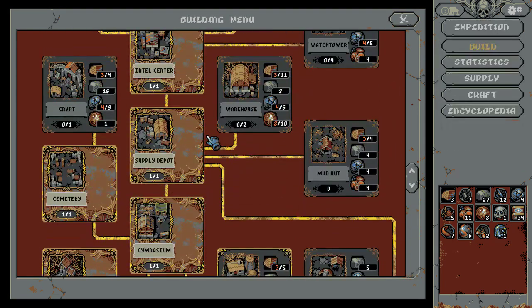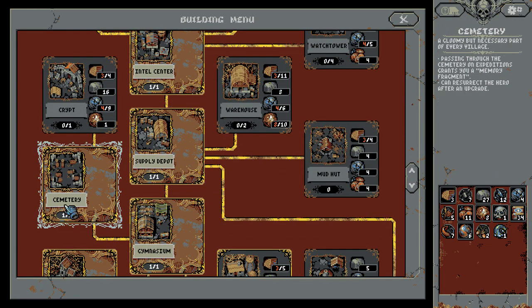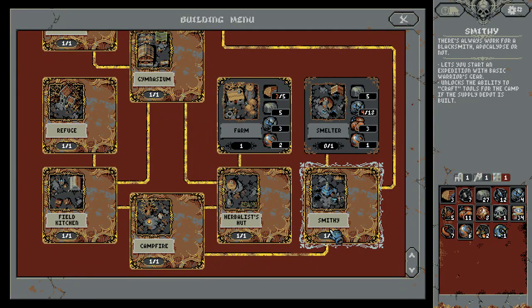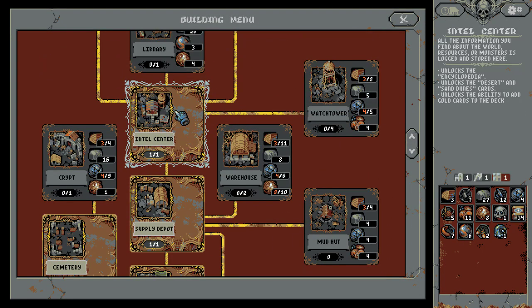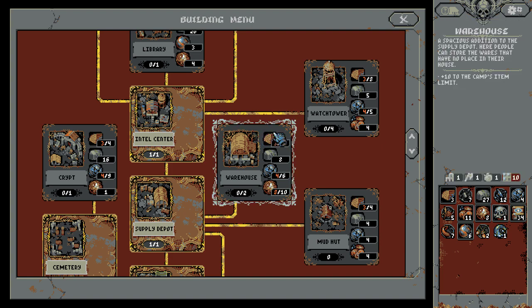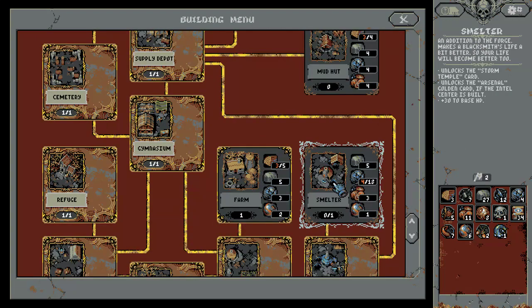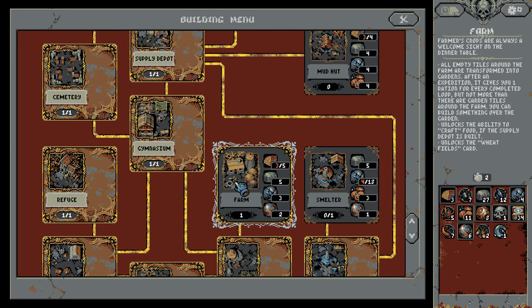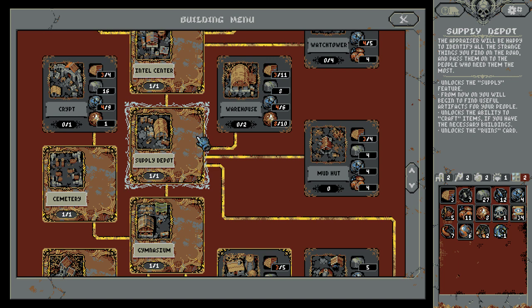So we just built the Intel Center. We already had the smithy, and we want the smelter. We built the Intel Center, though, because it gives us the desert and sand dunes. Later on we'll unlock the ability to add gold cards, which sounds pretty cool. Not quite sure what those are, but there is one from the smelter, so that's kind of exciting. We also unlocked